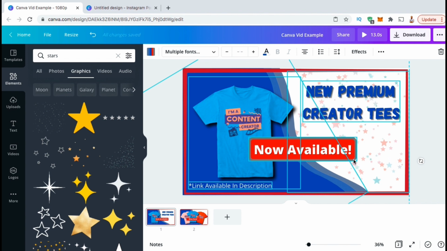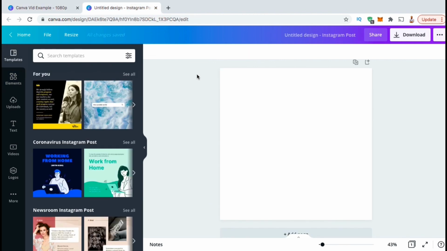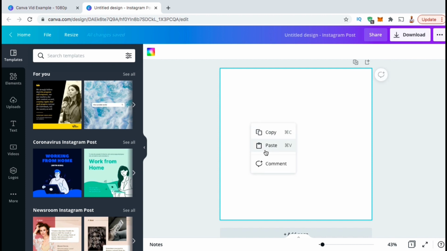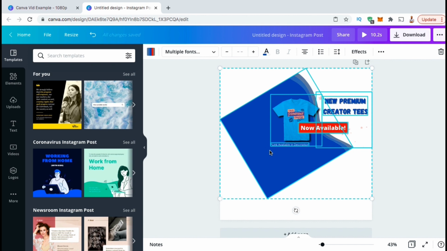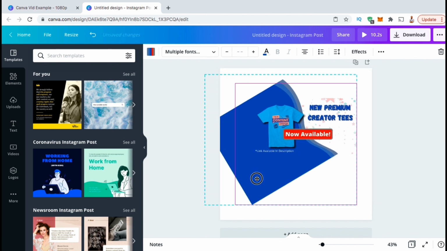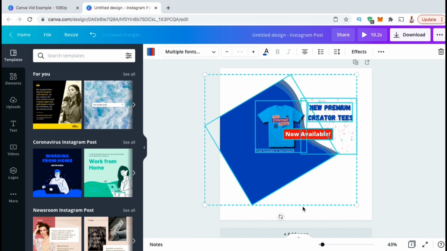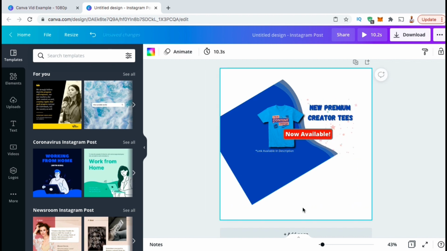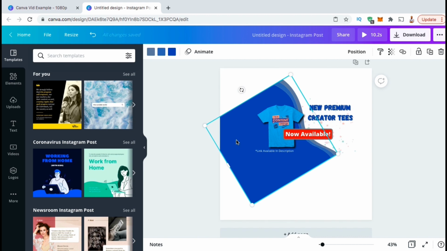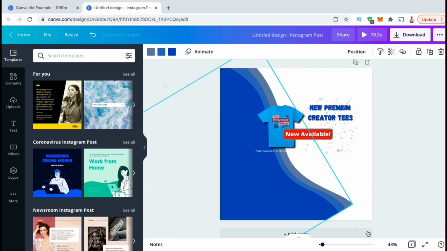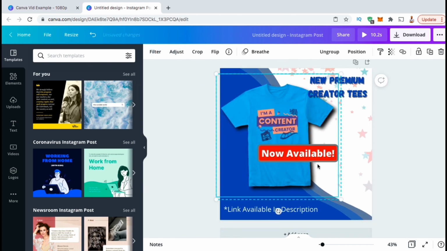Now that all the elements from our first slide have been selected, let's head back over to our Instagram template. I can now right-click the template, then click on Paste. All of the elements from the first slide of your first video should now be added to your new Instagram post template. Since the templates are different sizes, your elements won't be placed in the right location or with the right size. So take your time now and resize and rearrange all your elements so it looks good for your